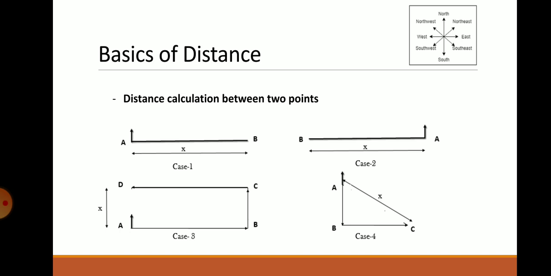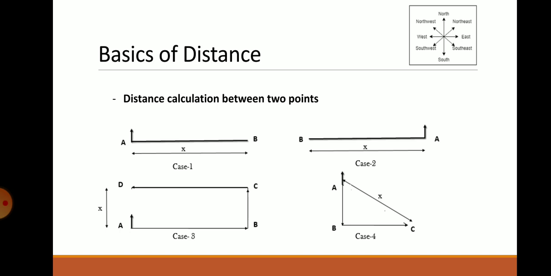For understanding these things, you can assume yourself at that point. At point B you are facing east and you have moved to your left from point B to point C. Now at point C you are facing north again, and you have moved towards the left by a certain distance and you have reached point D. So after moving from A to B, B to C and C to D, find out the distance between the initial and final position.